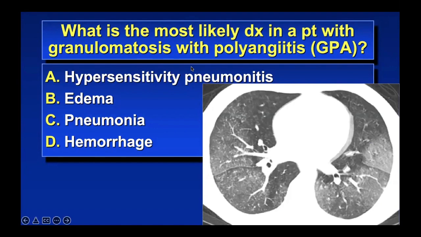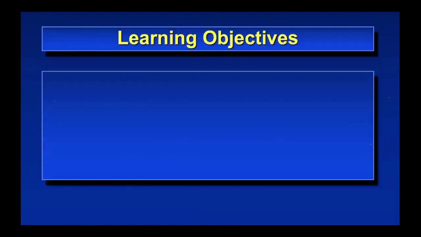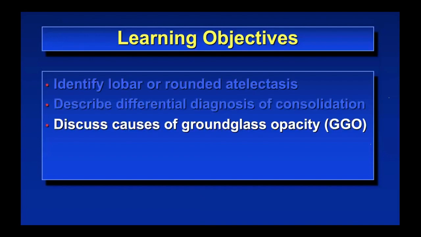Yeah, good. So I see the answer D, or hemorrhage, and that is definitely correct. Hemorrhage is most likely in a patient with GPA to show this appearance, but it could be any of these. Any of these can cause this appearance. Ground glass opacity has a broad differential diagnosis. So we need to use the history and also see the chronicity, how long has it been there? Do we have prior studies? So next,